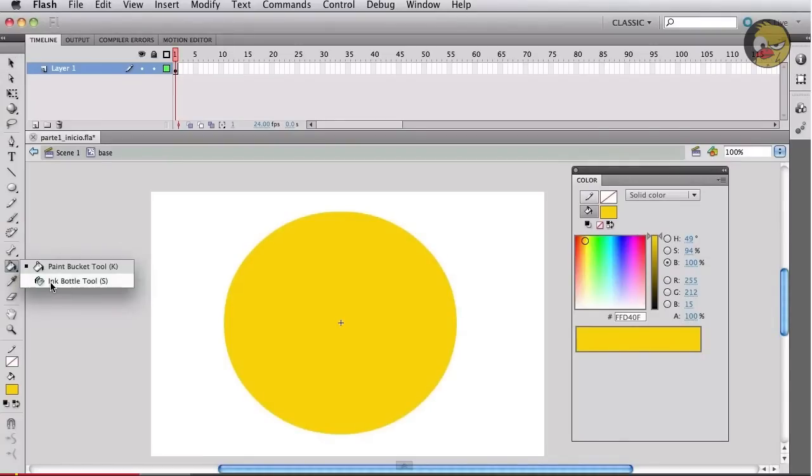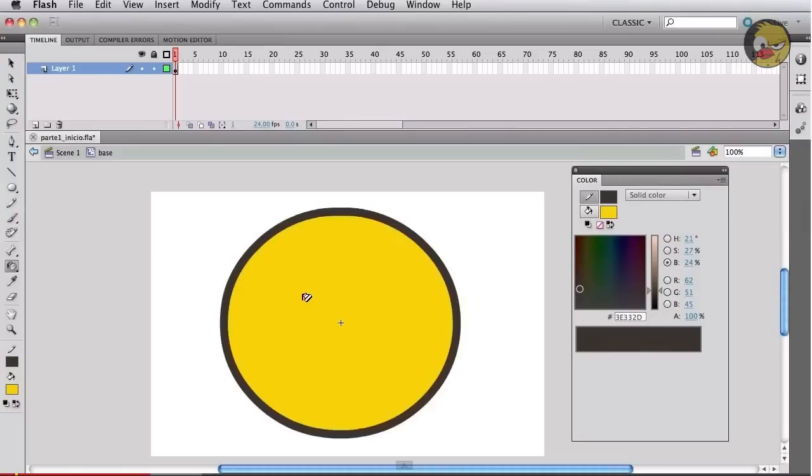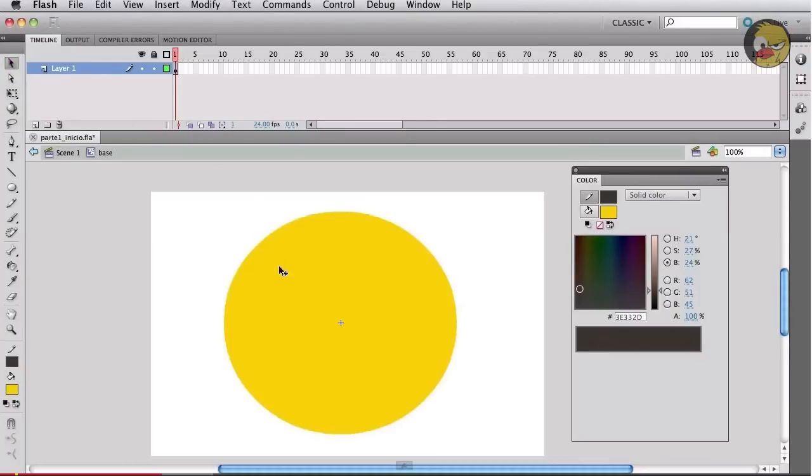When I hold down click the mouse on the bucket tool, I can have the ink bottle tool, which, if I click on a shape, gives me the color that I have selected for the stroke. So there I have like a dark brown stroke, but that looks kind of boring, doesn't it? Yeah, it does. So we're gonna click and delete that,